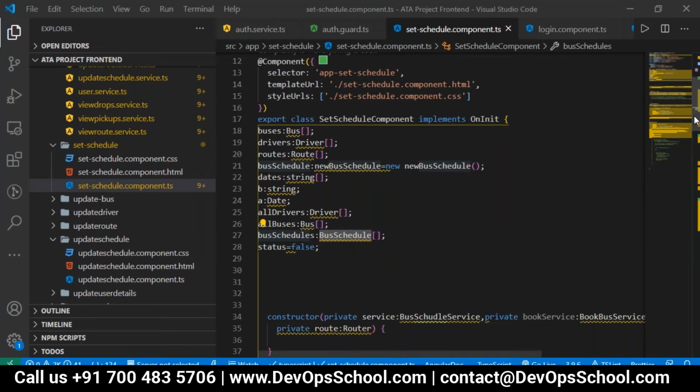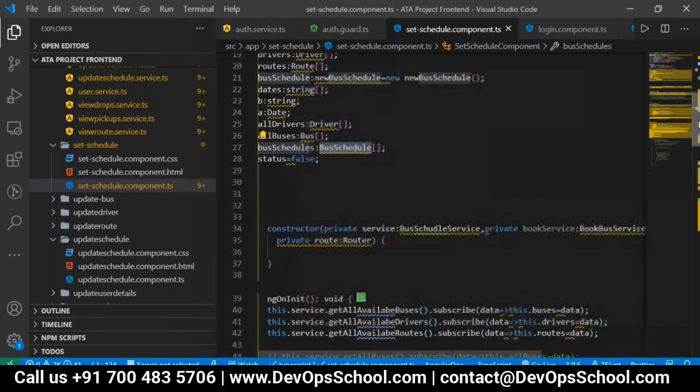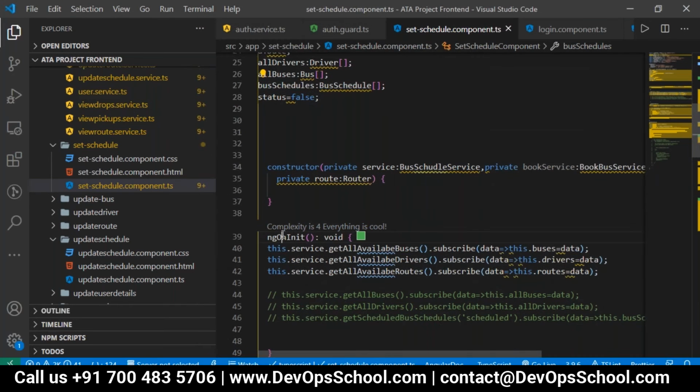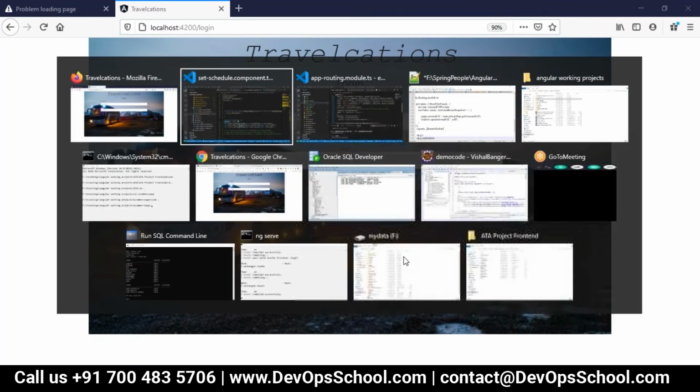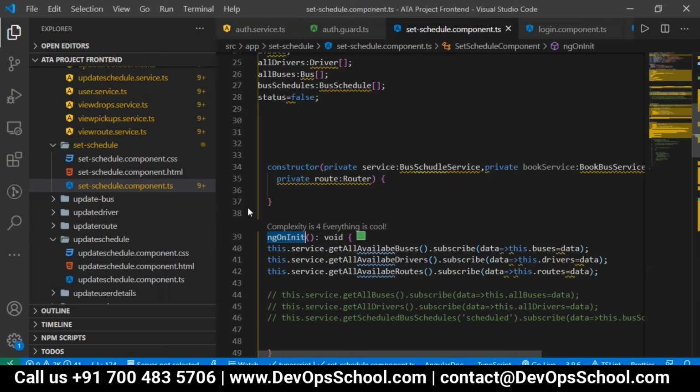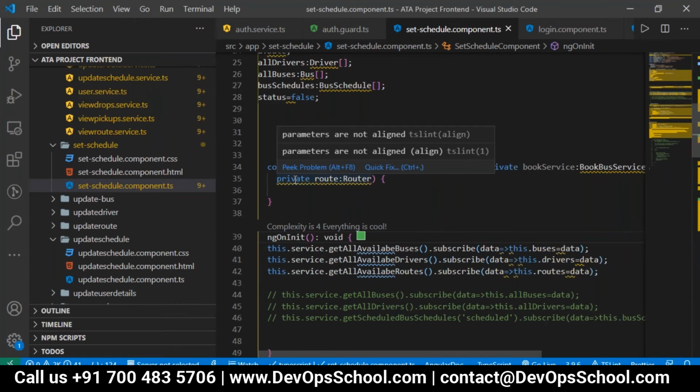immediately after the component is rendered, we have to go with the ngOnInit method. Before you provide any data here, like in the drop downs, we want the data to be filled. So for that we have used ngOnInit, because this method will be called after the constructor. So where you want to load the data to your front end,